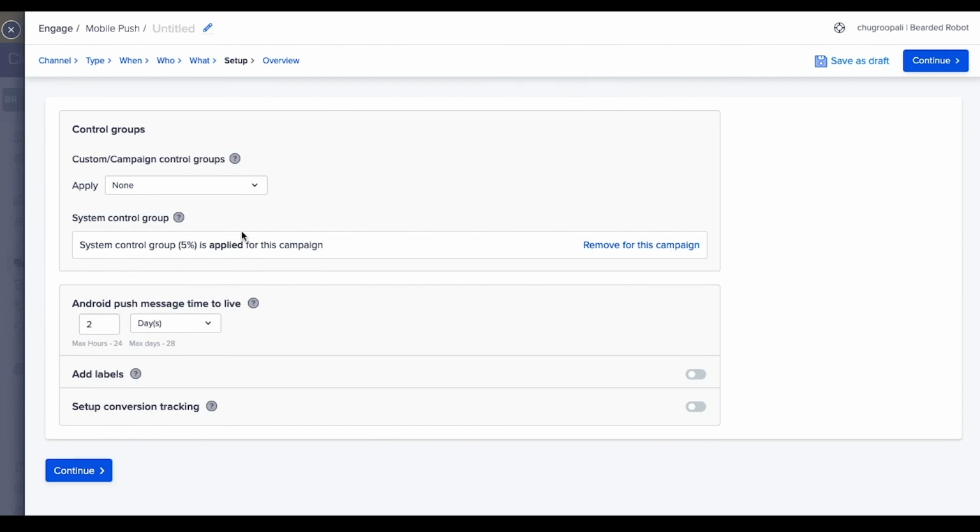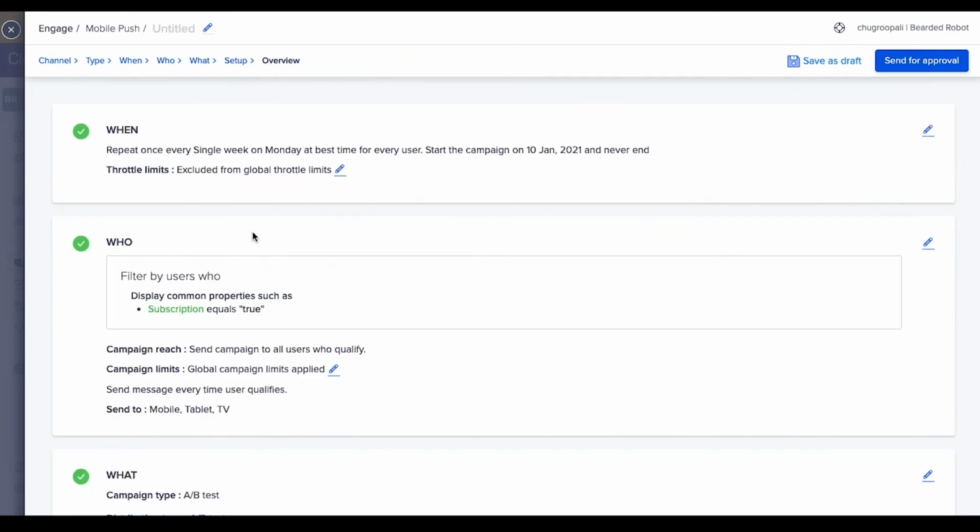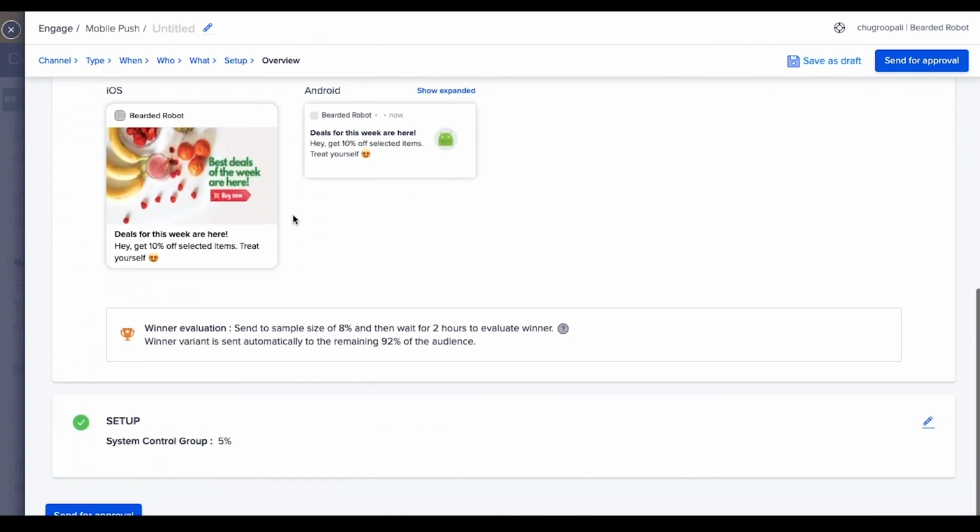Add time to live for the push notification. This means that the message delivery will be attempted for this time period only. Click on Continue. Review all the details here and send for approval if needed. This is how you can create a push